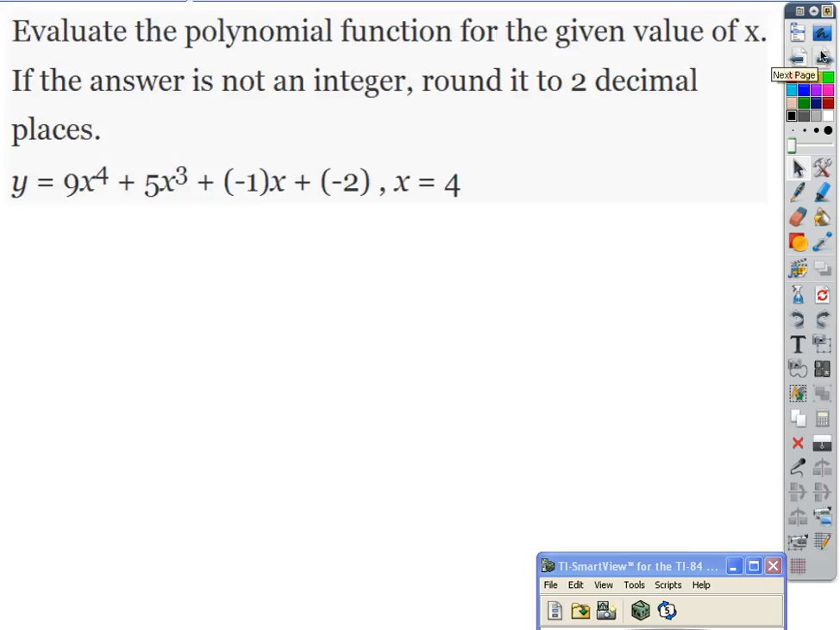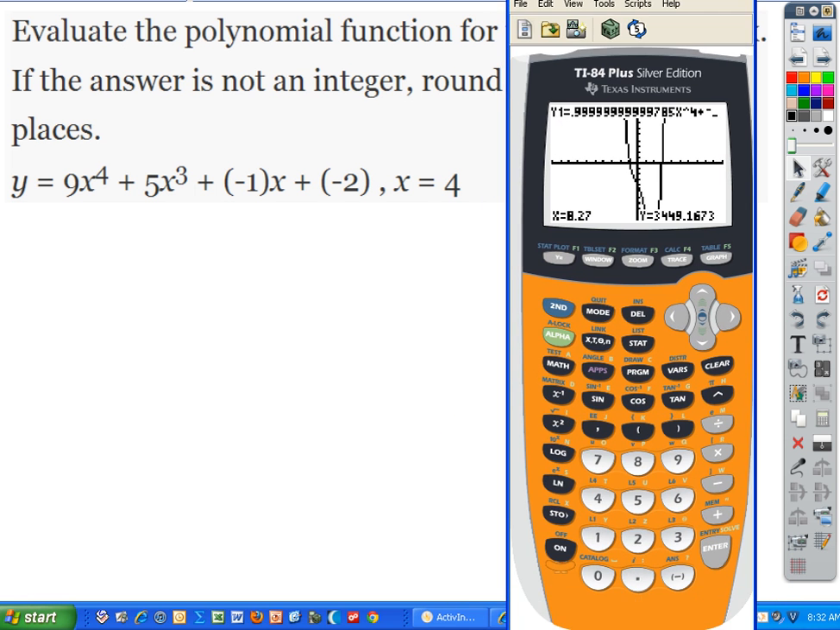On the calculator, I could graph it if I want to. Remember, I could also do this. I could put in x equals 4. So 4 store x. So now x is 4. If I just type in this expression and hit enter, it'll put that 4 in there. So I could go 9x to the 4th